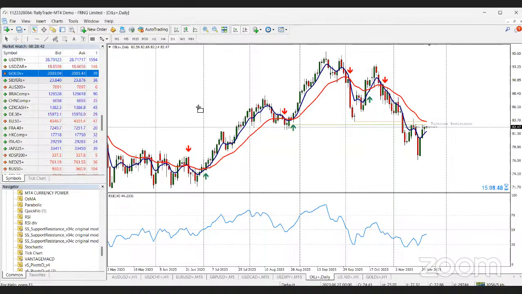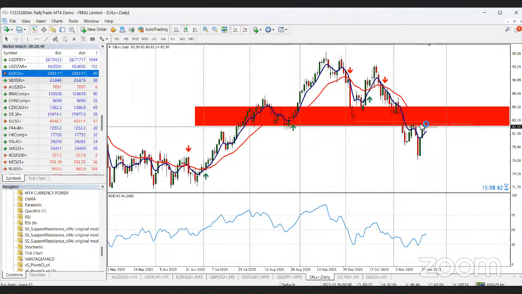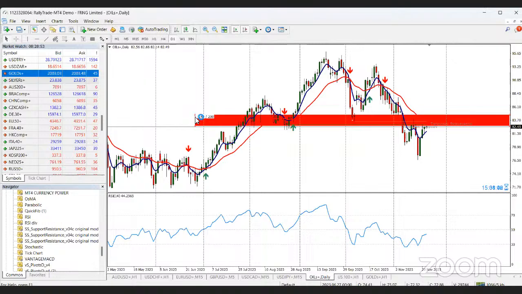If you are a swing trader, remember at least 2 million naira, or 1 million, 1.5 million and above, to go. So yes, we are going to go in for a sell because price is going to make a retest here. So this is going to be your risk region. You can go in for your sell in this region. So anywhere in these regions, you can take your sells.